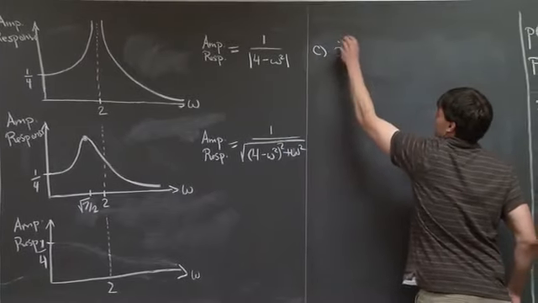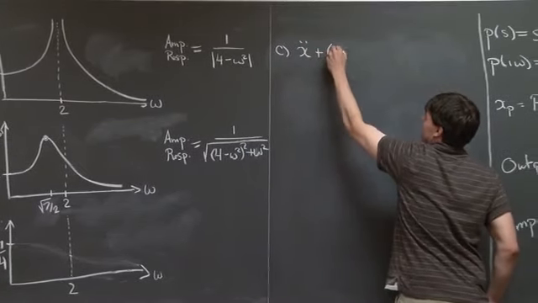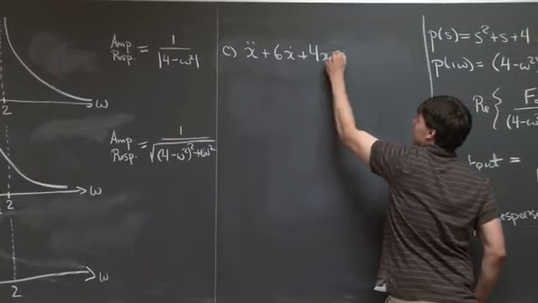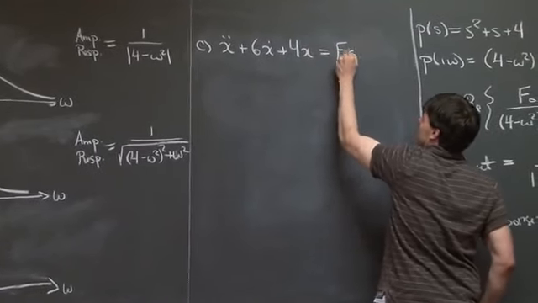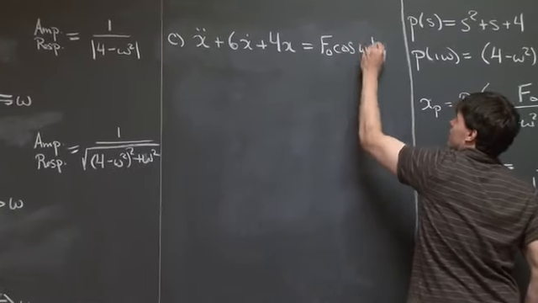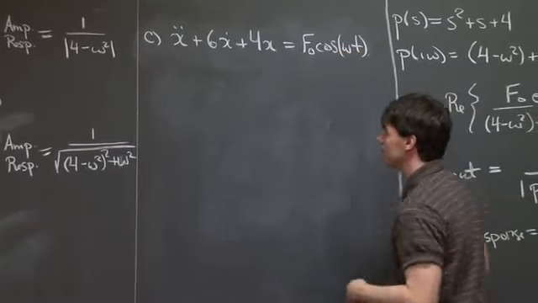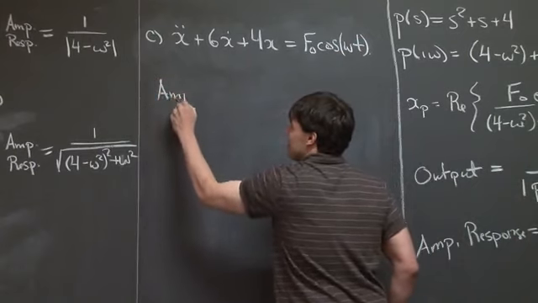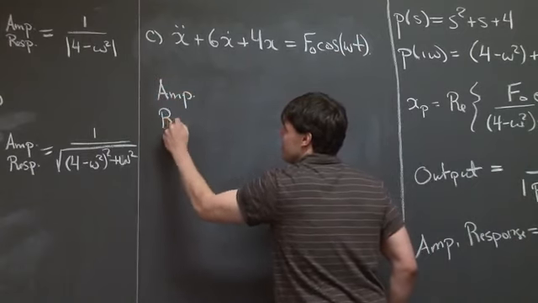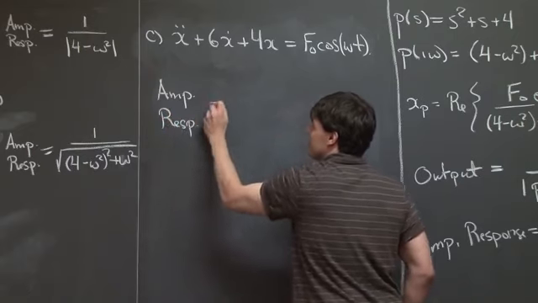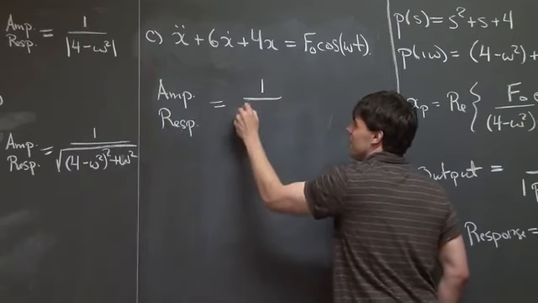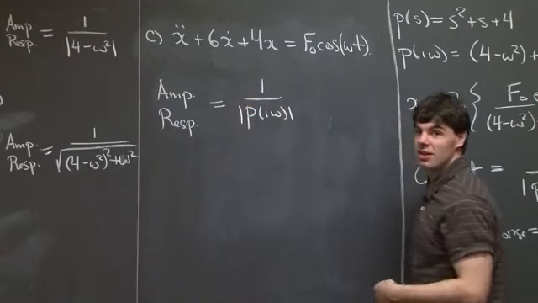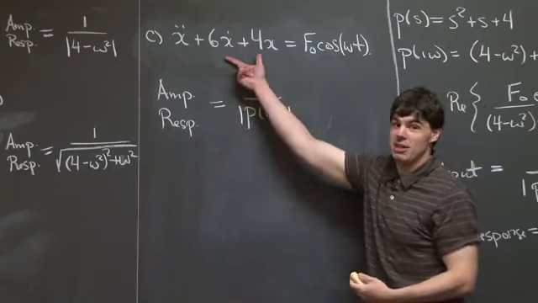And in part C, we have the differential equation x double dot plus 6x dot plus 4x equals F naught cosine omega t. And again, the amplitude response is going to equal 1 over the absolute value of p of i omega. And in this case, p of i omega is going to be